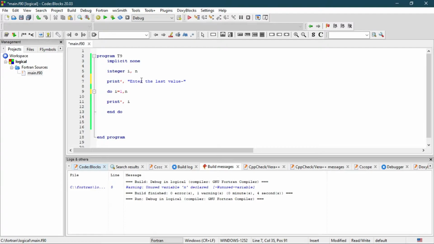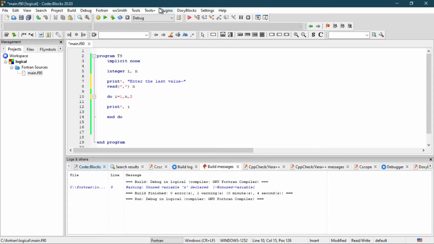Now just write read n. Now say I want to print all the values from 1 to n, the value of n that we are going to enter on the output screen, but with a step of 2. So if it's say 1 to 20, then it will print 1, then 3, then 5, like this.